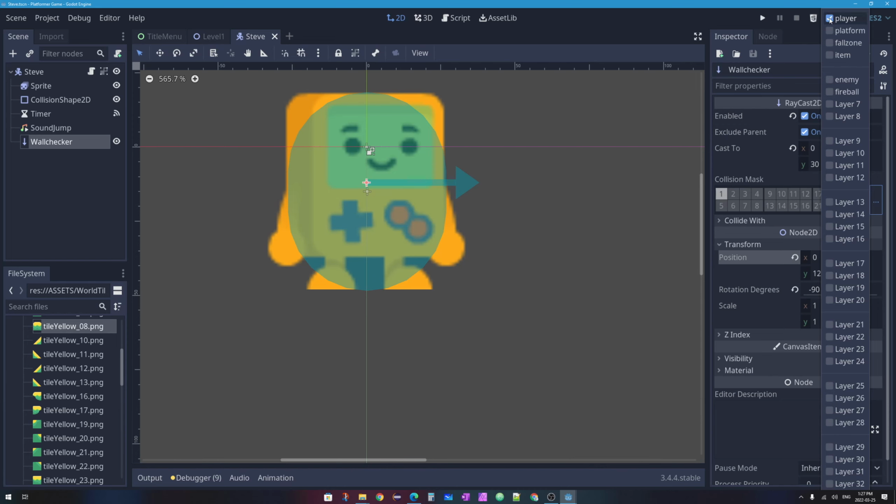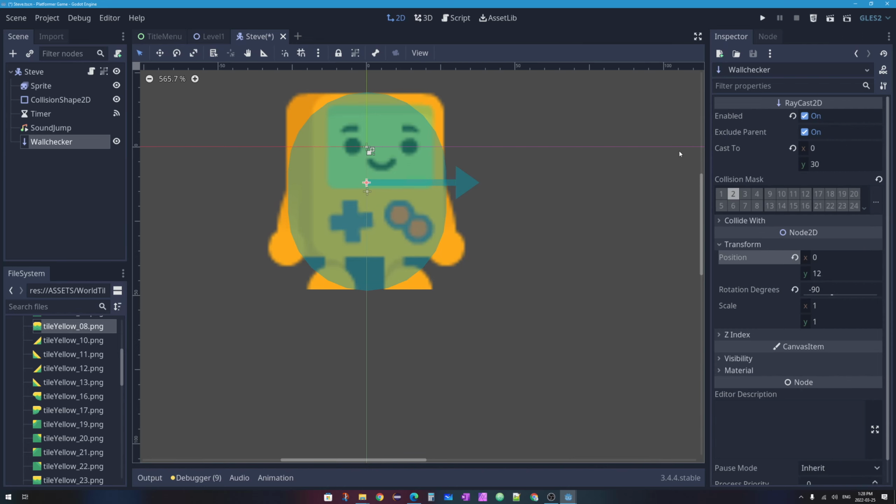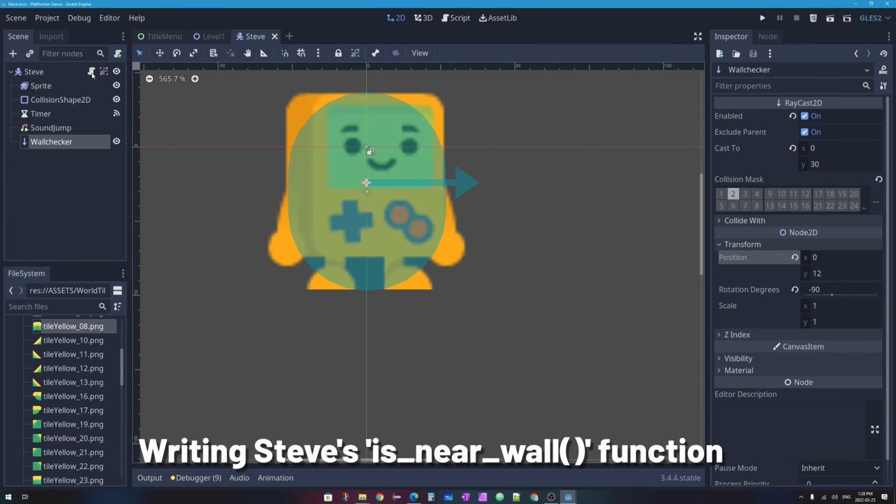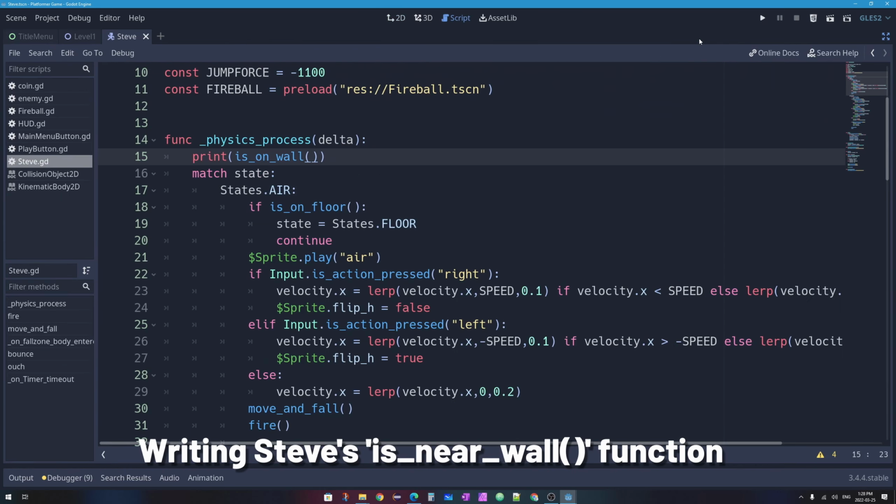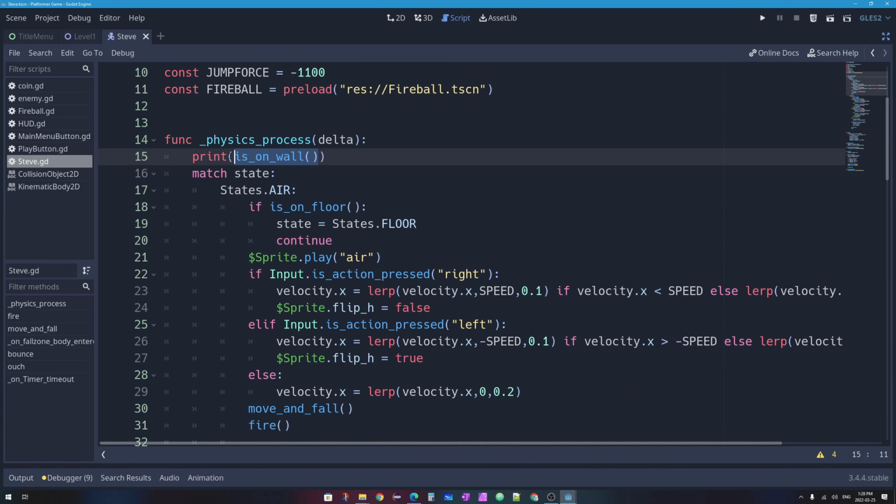I want the Wallchecker to check for platforms colliding with it. So platforms it is, collision mask layer 2 right there. I'll go ahead and press Control S to save. In Steve's code, what I'm going to do is make a function which is a lot like